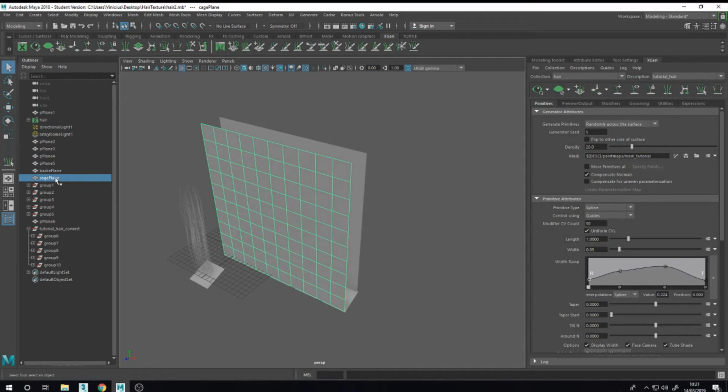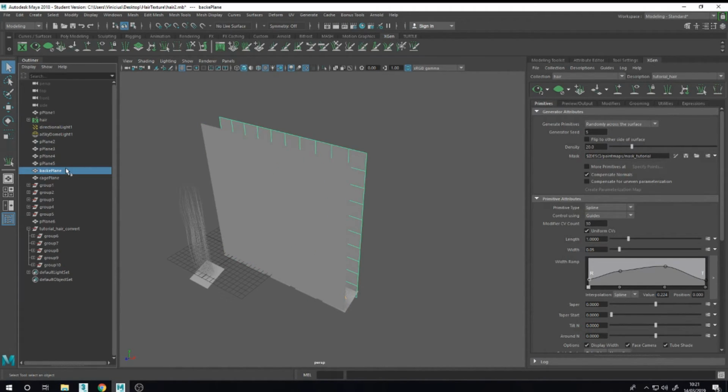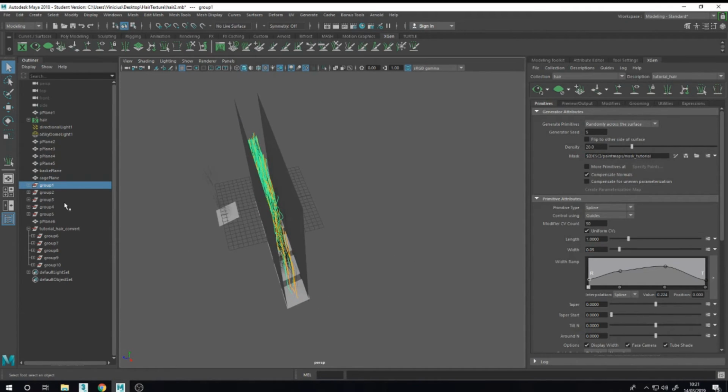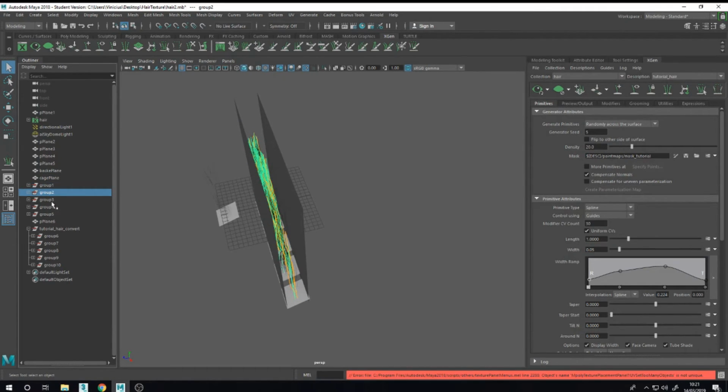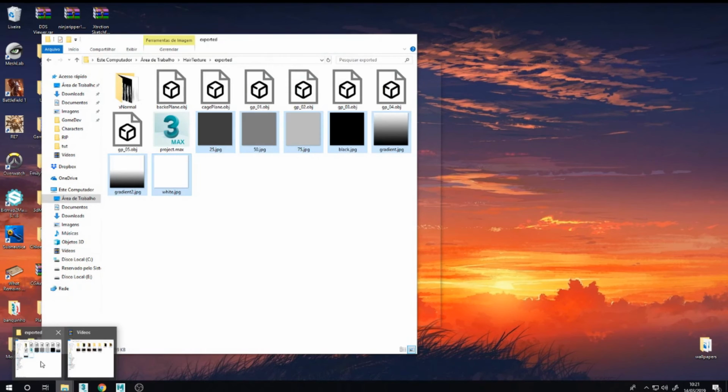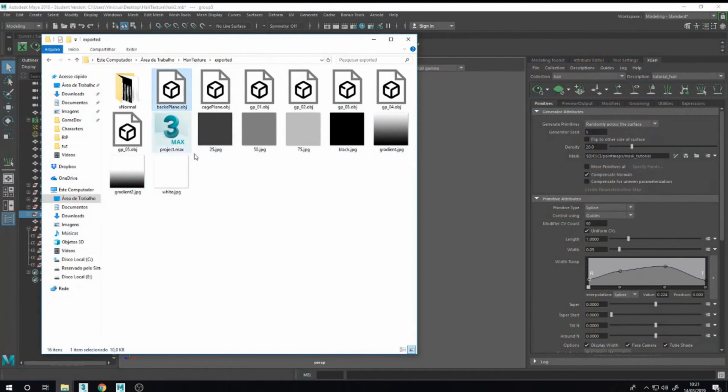So after you create, you export the baking plane, export the cage in separate files, select the group you want, export one file, another file, another, and another. You end up with this: bake, cage, group 1, 2, 3, 4, and 5.